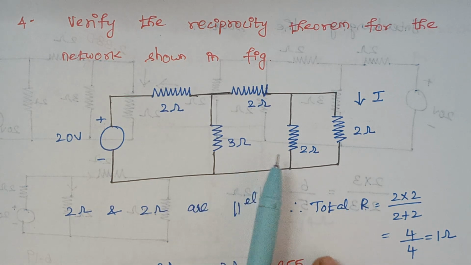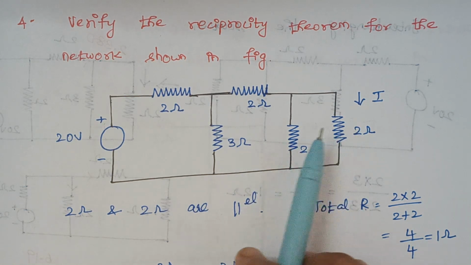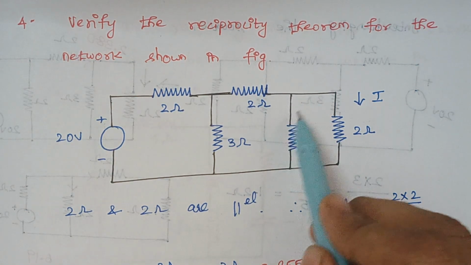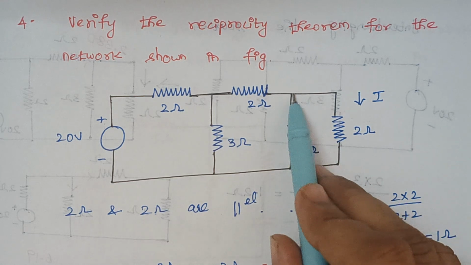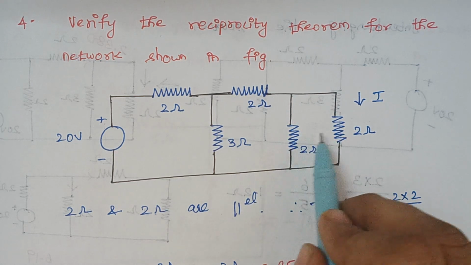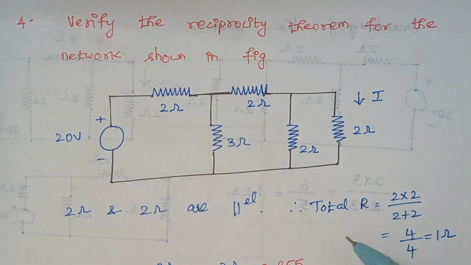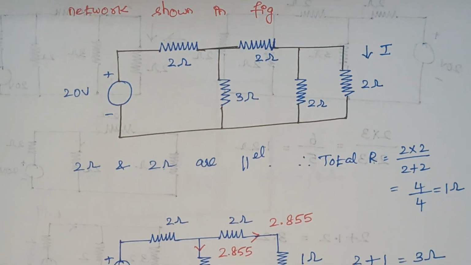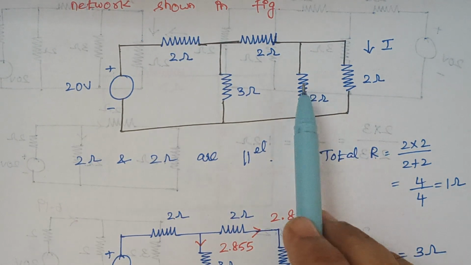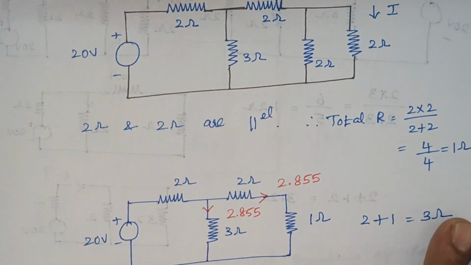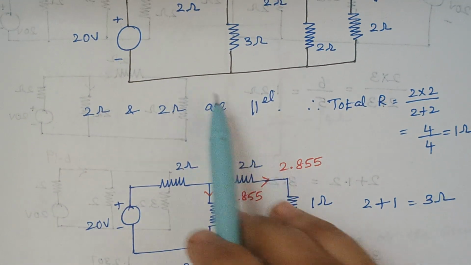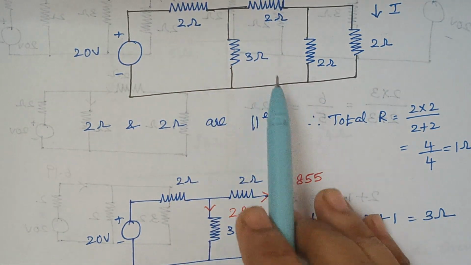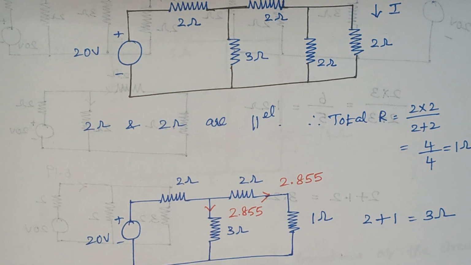So the first thing is, you see here, these 2 ohm resistors are in parallel. Right. So here you see the current at this node, it gets divided into 2. Therefore, whenever the current gets divided, then those two branches are said to be parallelly connected. Therefore, total resistance is given by 2 into 2 divided by 2 plus 2. So that gives a value as 1 ohm. So here these two resistors are replaced with a 1 ohm resistor like this. The rest of the things remains the same. You see 2, 2, 3, here 2, 2, 3, and these two resistors are replaced with a 1 ohm resistor